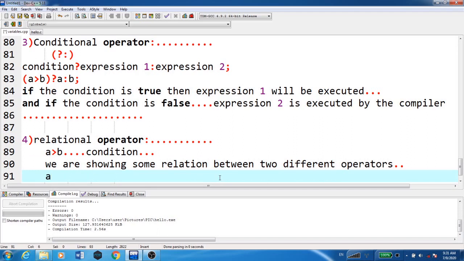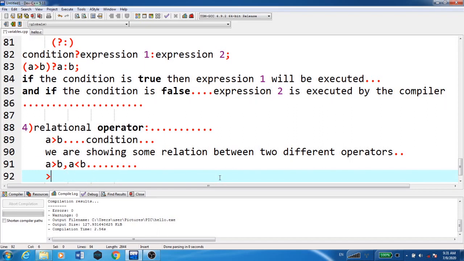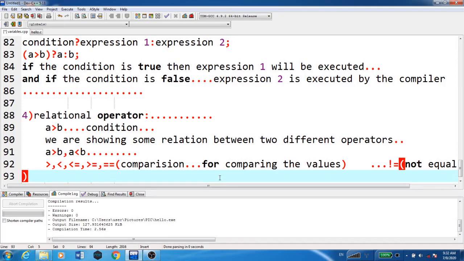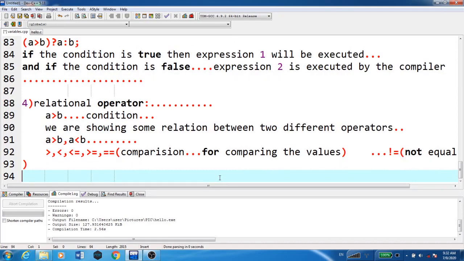That is A is greater than B, A is less than B. So greater than, less than, less than equals to, greater than equals to, these are for comparing the values, and not equals to. So these are the relational operators in C.